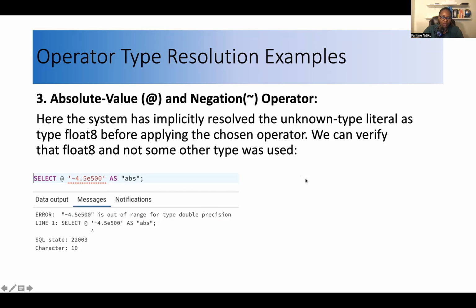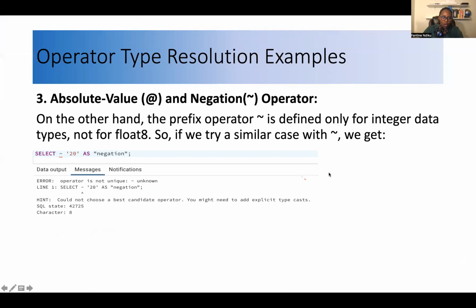Okay. So next, on the other hand, the prefix operator as negation is defined only for integer data type, not for float. So if we don't specify that it's integer, we get an error saying that you may need to cast. You see here, we just give 20. 20 is not known, it's unknown. We have to explicitly say